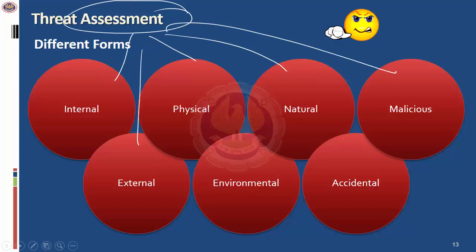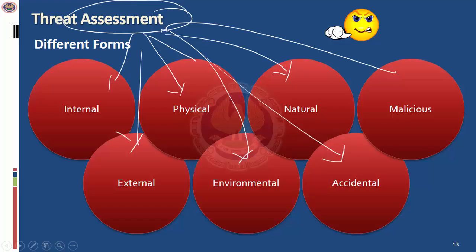This could be coming from internal sources, or this could be from external sources. This could be on account of the environment, or this could be on account of the physical, this will lack security. For example, the ATM itself is stolen. Okay, this could be on account of natural causes. For example, there is a flood, there is a storm, there is an earthquake, or this could be due to an accident which happens, or this could be malicious, so it could be a hacker attack, or then employee fraud.